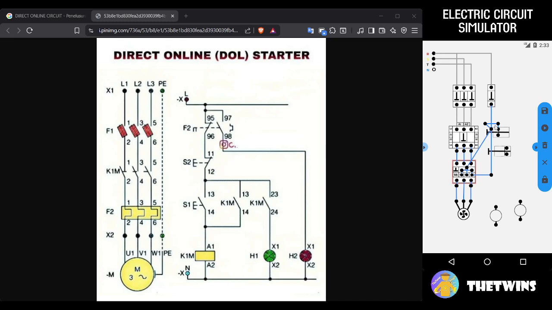Be careful if the colors are like that, you can move your hand. Next, the output from push button NC is to input push button NO. From this to there.